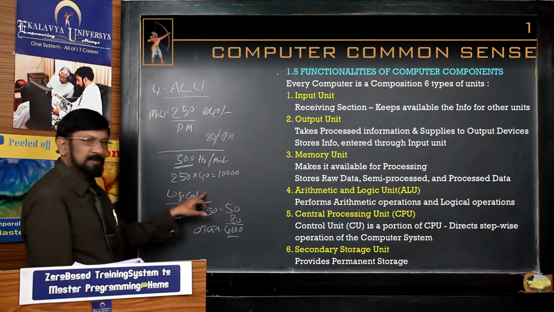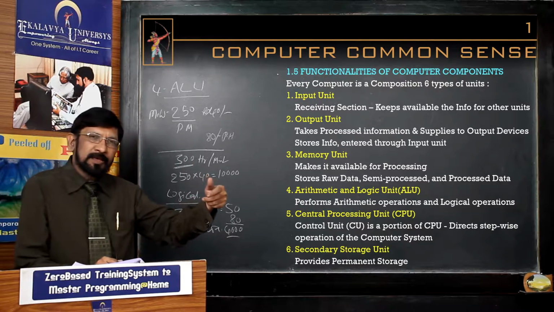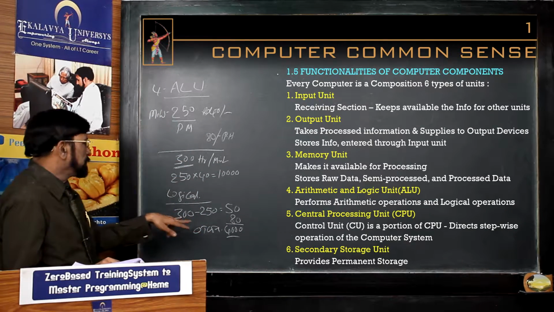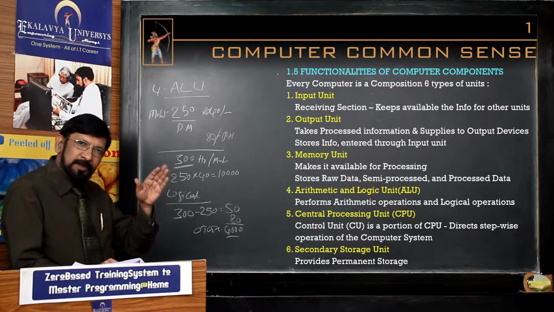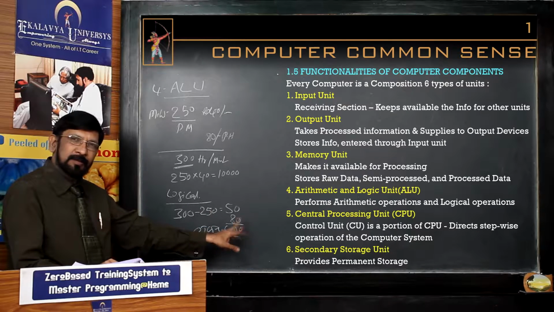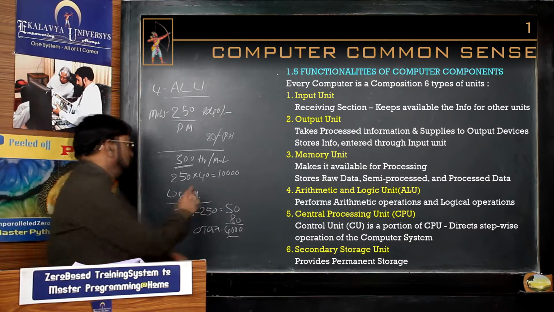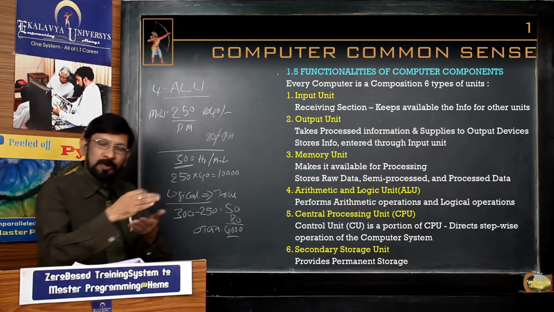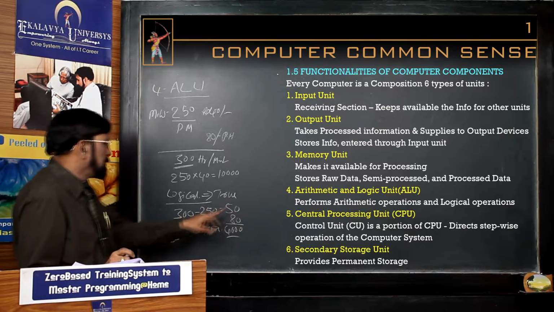Now what is this? This is a logical operation. Whether he worked greater than 250 or not, that is a logical operation. If it is so, then only this is calculated. If he works less than or equal to 250, he is not entitled for OT. That point you have to understand. Here is a logical operation. If it is true, this logical operation becomes true. That means actual working hours are greater than the minimum number of working hours.